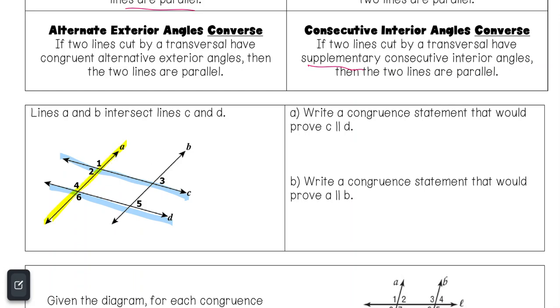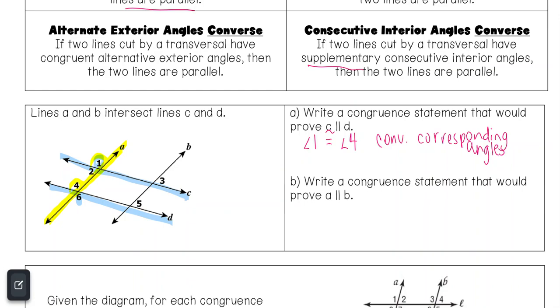So if I consider the transversal A, then I can see that I've got an angle pair right here of 1 and 4. And if 1 and 4 were congruent, then that would make our lines C and D parallel by the converse of the corresponding angles theorem, because those are two corresponding angles that are now congruent. Another way that we could have done that would be to say that 1 and 6 are congruent. And if we knew that 1 was congruent to 6, then by the converse of our alternate exterior angles theorem,